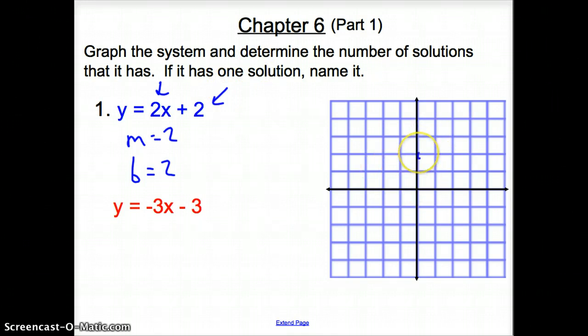So I go up 2 for my y-intercept, then from this point that I just put down, I'm going to go up 2 over 1 to the right to make it a positive slope. I'm going to draw one more dot, and now you go ahead and connect these dots with a line,